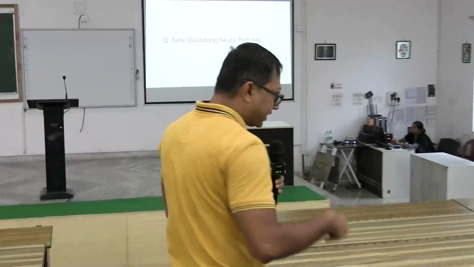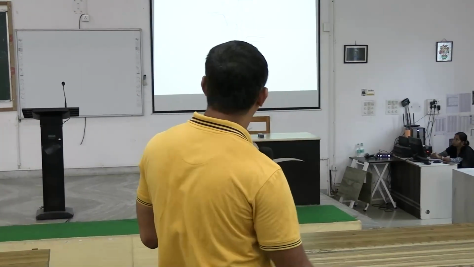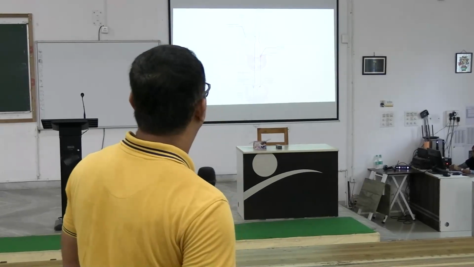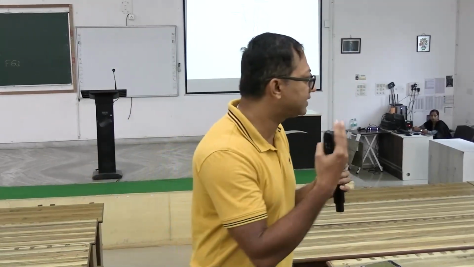Now next is the taste or gustatory pathway, the taste neural pathway. So may I ask you, what is the supply of the anterior 2/3 of the tongue and the posterior 1/3 of the tongue? The anterior 2/3 of the tongue is supplied by, yes, the chorda tympani, which is a branch of the facial nerve. Very nice. So for the anterior 2/3 of the tongue, taste sensation is carried by the facial nerve, and the specific branch is